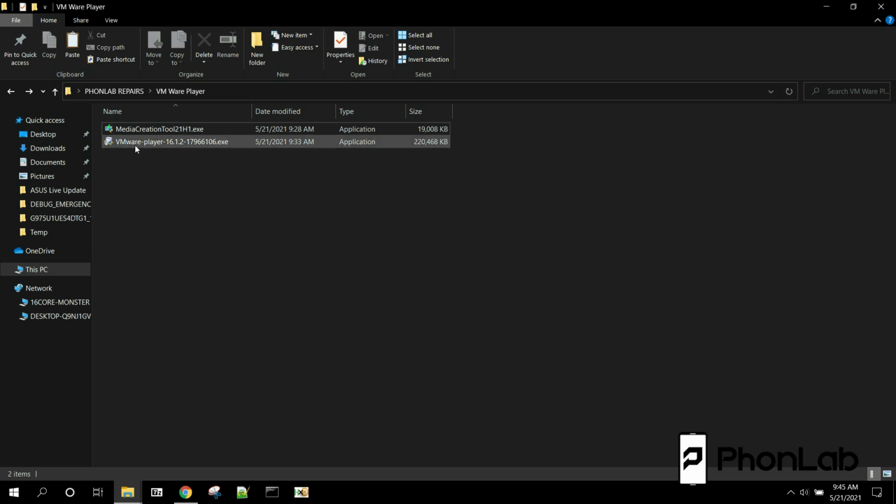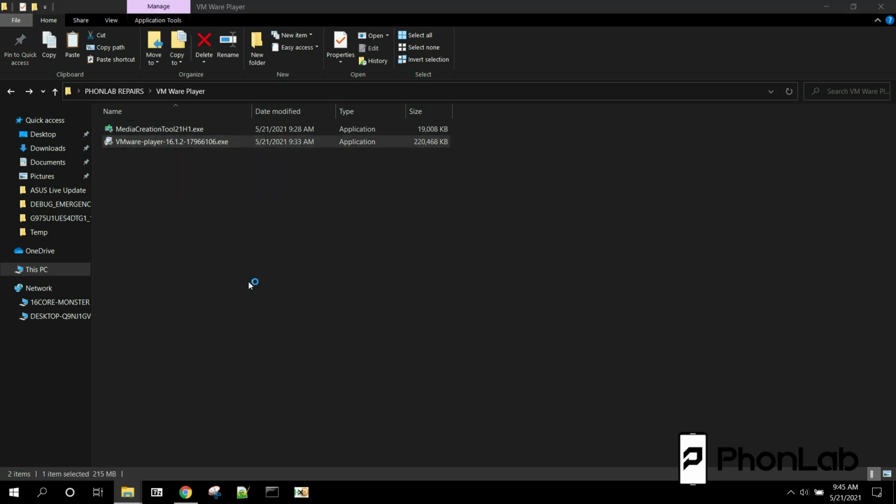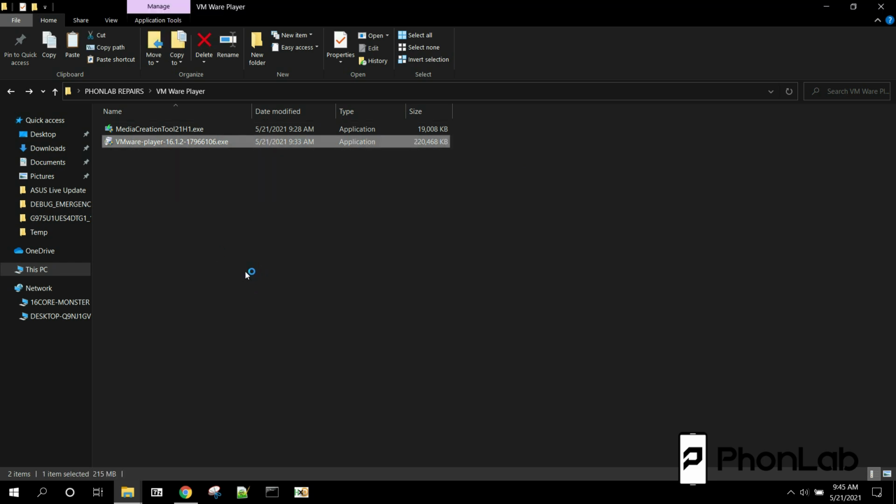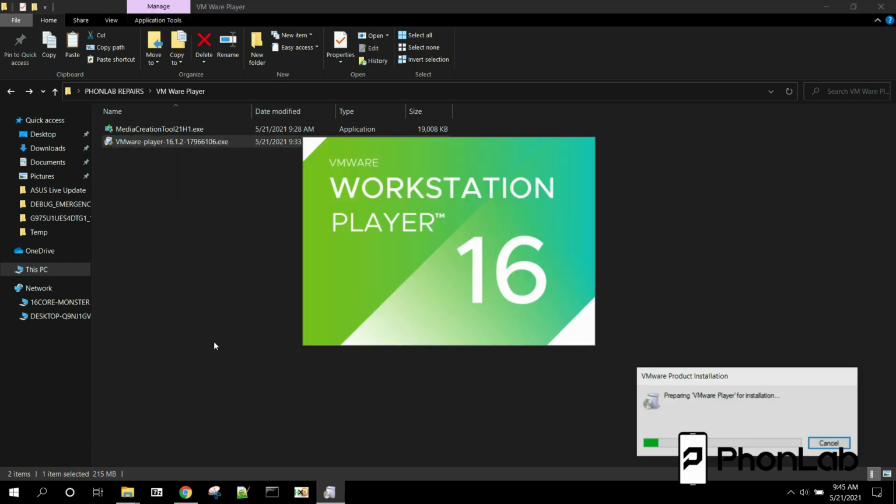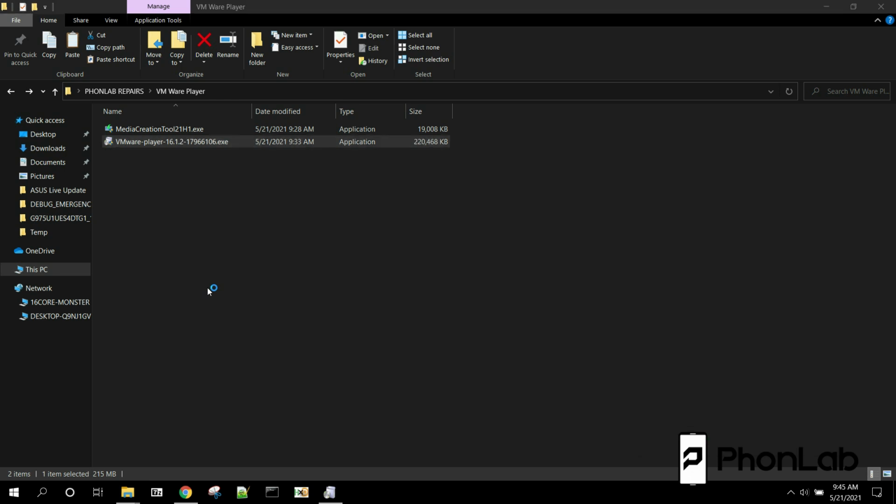So first thing we're going to do is install VM Player. I'm going to get into the reason we're going to use this as we go, but we'll go ahead and install it. So, Workstation Player 16 from VMware. Really the whole purpose of having something like this is so that you can have a virtual Windows 10 machine running, and then you can run software on that virtual machine that maybe you don't know about or you're not sure what it is,